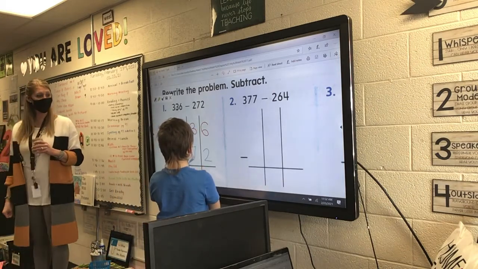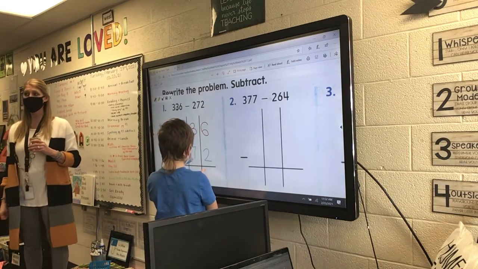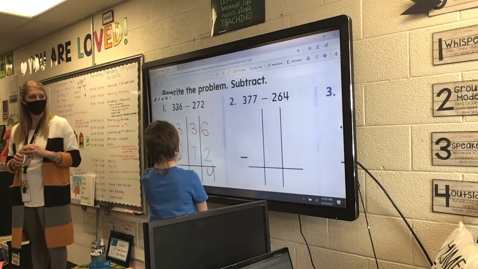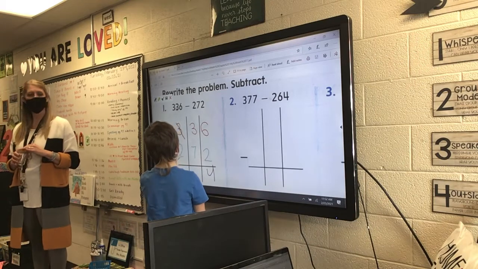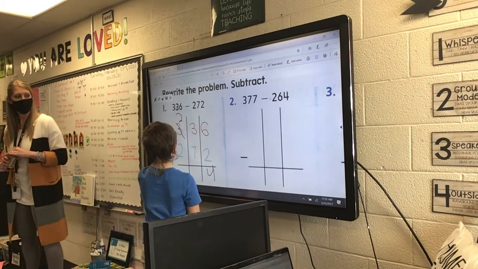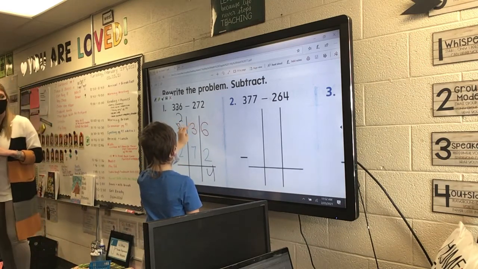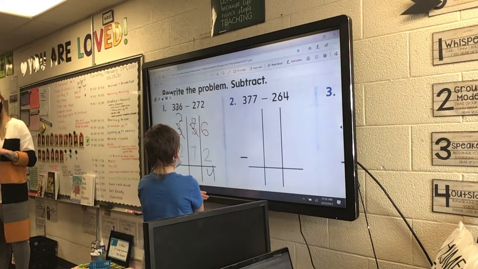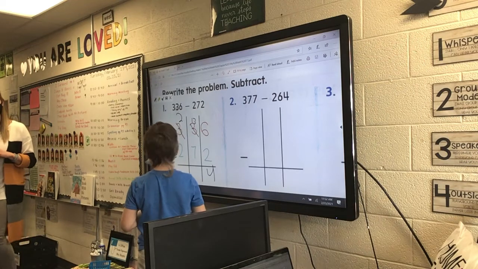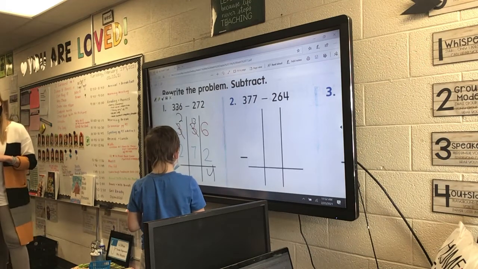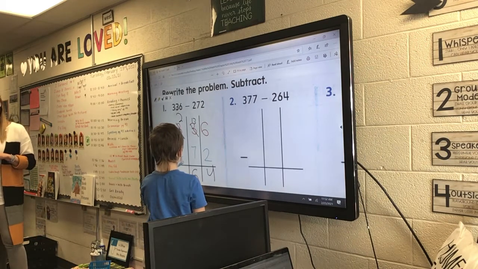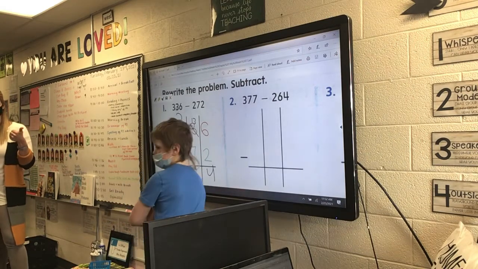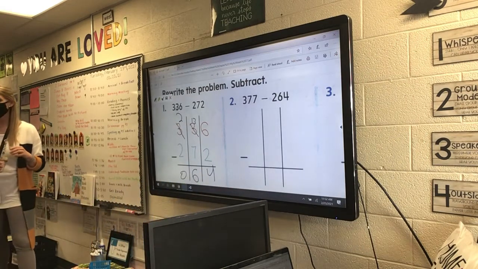So 6 minus 2, you can do that, Rain. You have 6 and you want to take 2 away. Perfect. Good. He's going to the 10. He's got to borrow. Bigger bottom. Better borrow. Good job. 13 minus 7. Good job. Perfect. Nice work. All right, so make sure